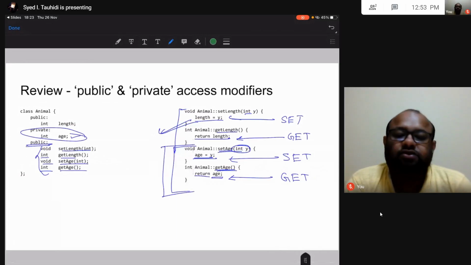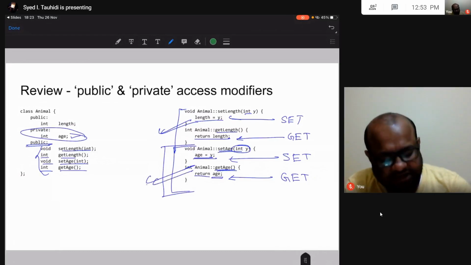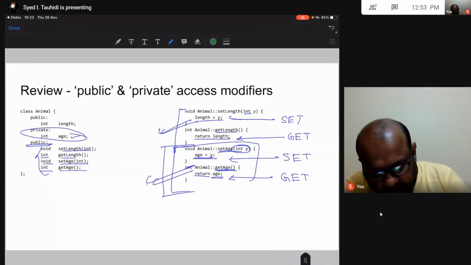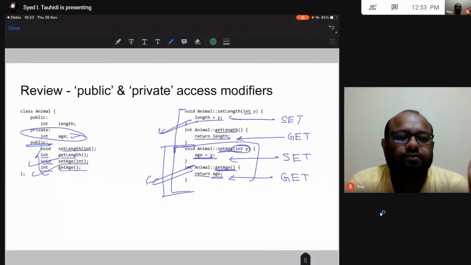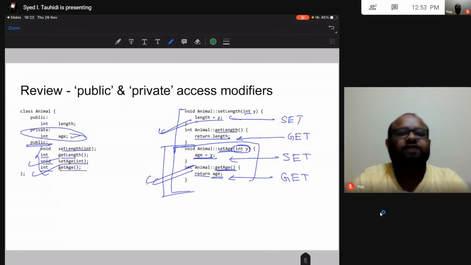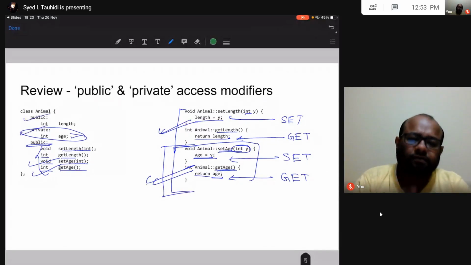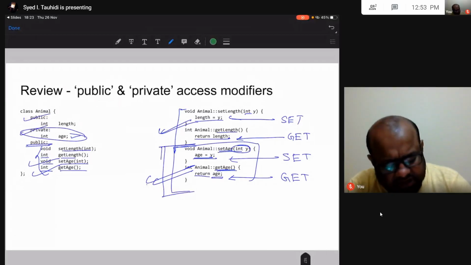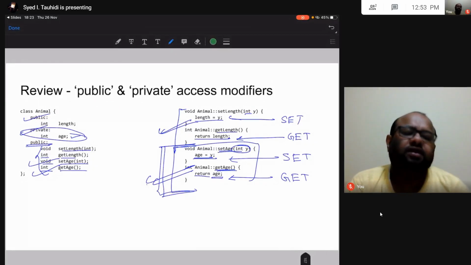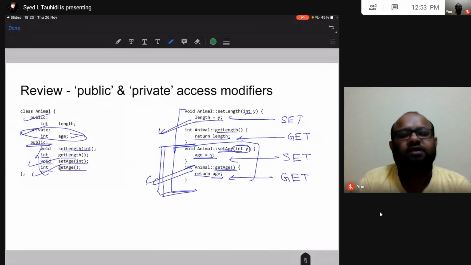The answer is yes, I am allowed. These are also fine. Why am I allowed? Because these two methods belong to the class, and methods that belong to the class can access everything of that class. All this private, public does not matter. These two methods can access the private data attribute. Methods belonging to the class can access the private attribute, the public attribute, the protected attribute, everything.